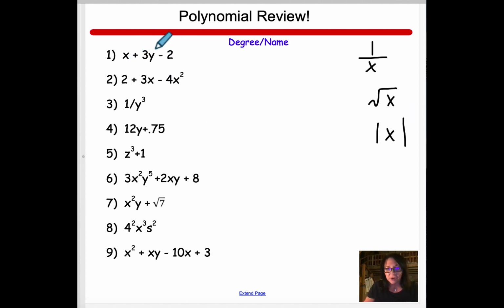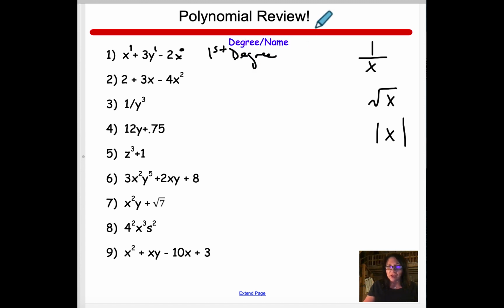So this right here, this is a degree 1. This is 1. This is x to the 0 power. So basically you take the highest degree when you're adding. When you're multiplying, you add the variable degrees up. But when you're adding or subtracting, it's just the highest degree power. So this is a first degree. We call first degrees,